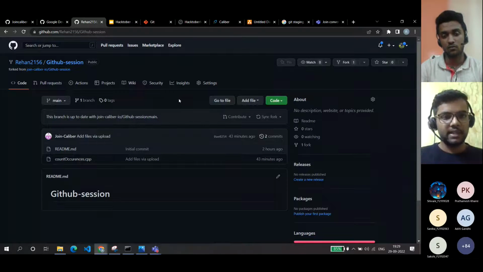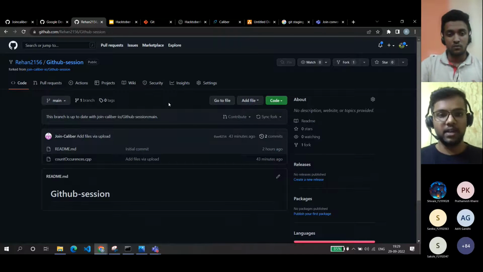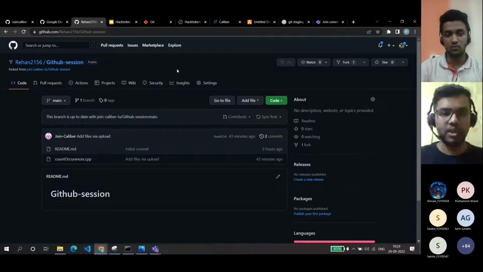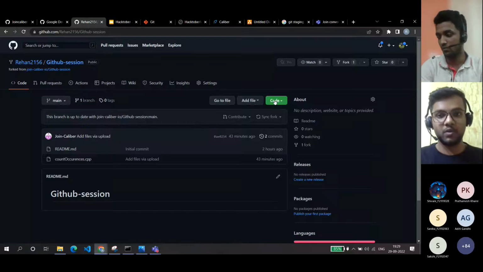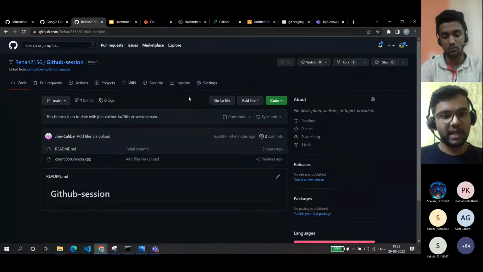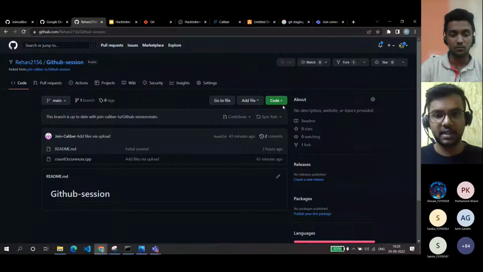So for taking it into my local machine, I will have to now start the main part of GitHub. How do you take this code into your local machine, right? We are not going to download a zip or share it anywhere. We have to use GitHub commands. We are developers. We have to use what developers have made for us, that is GitHub.